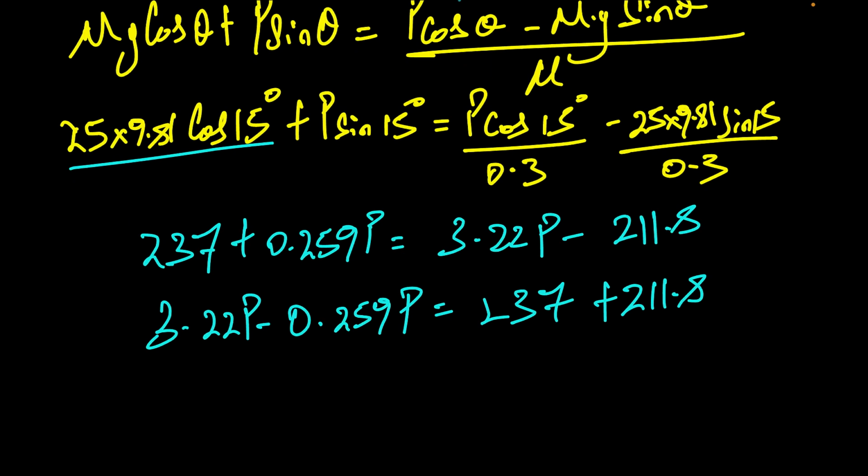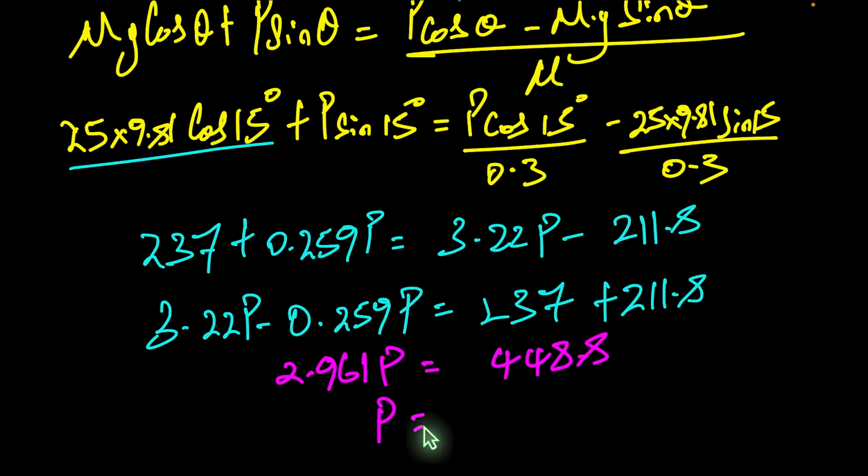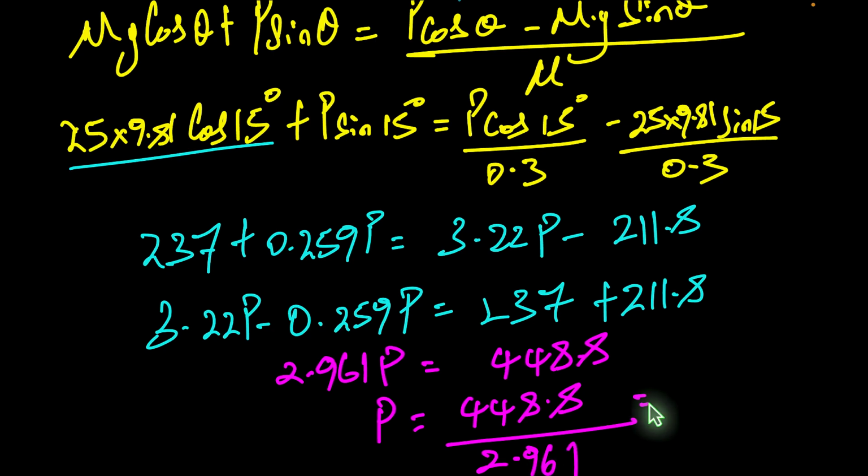So our last steps then, 2.961 P will be equal to 448.8, and P is just going to be us dividing 448.8 by our 2.961 to get our final answer here,